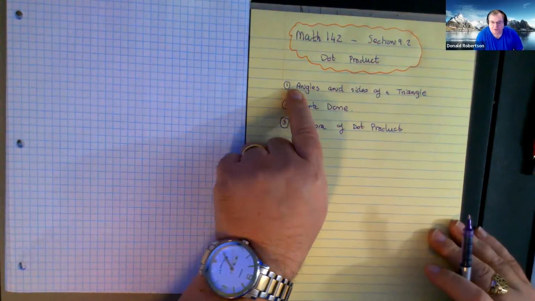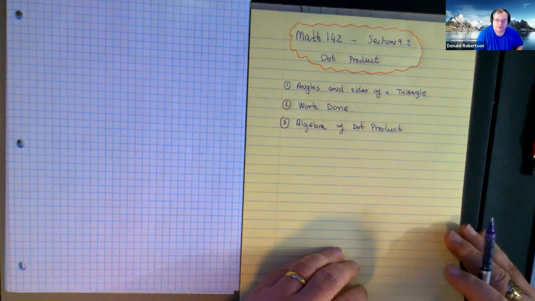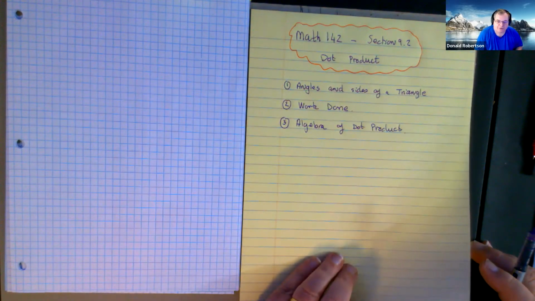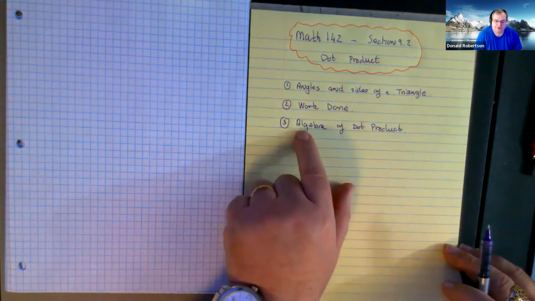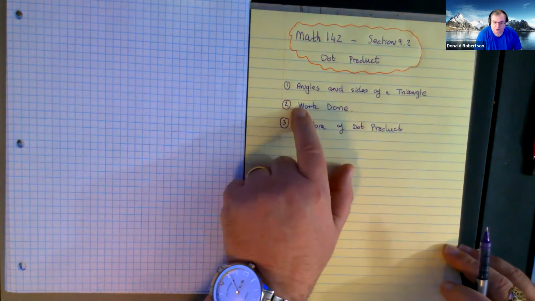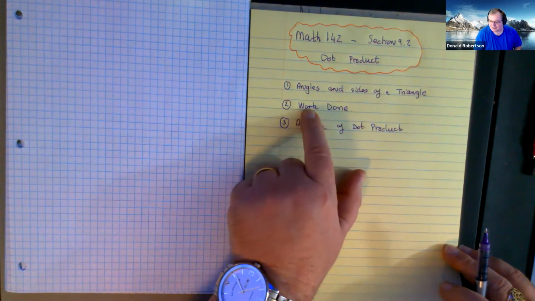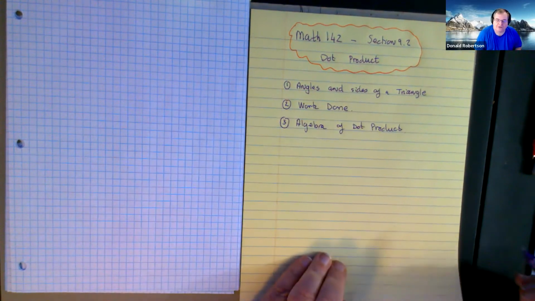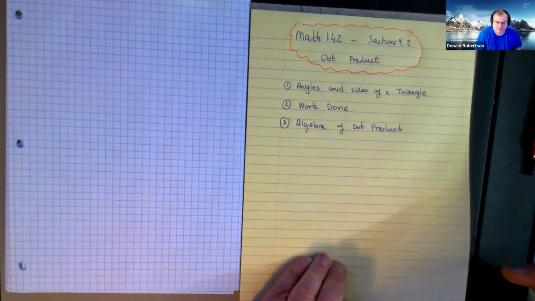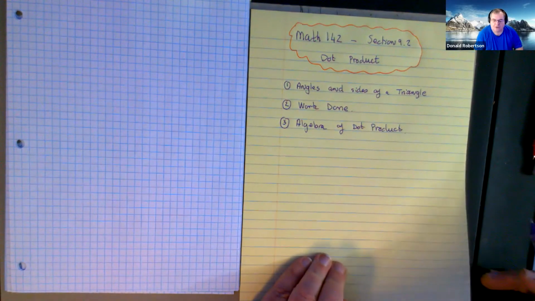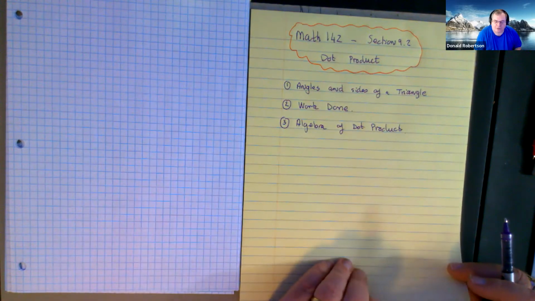To do one example of this, angles and sides of triangles. We did kind of one on Friday, but never really finished it. Once that's done, I'm going to look at a big chunk of work called work done. So we're actually going to use dot products to calculate the amount of work done in moving things around. And then the last one is a little tidy up thing, which we're going to deal with